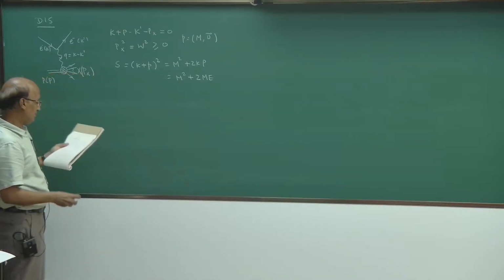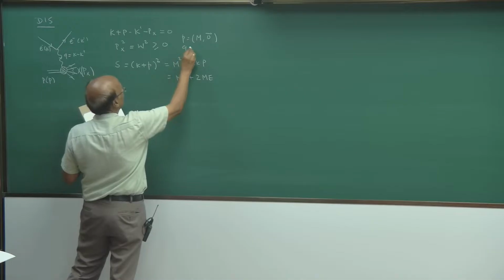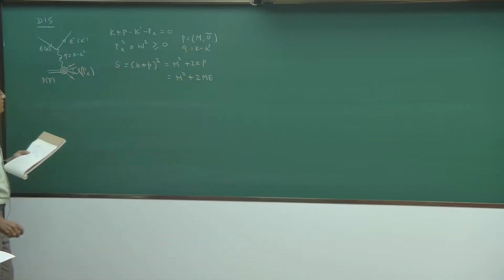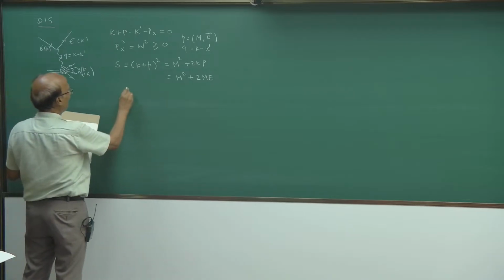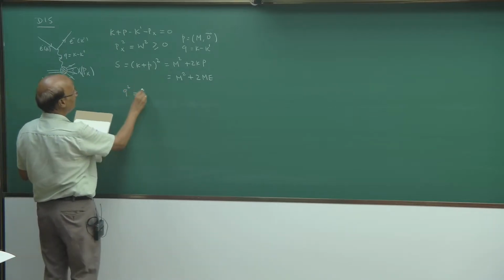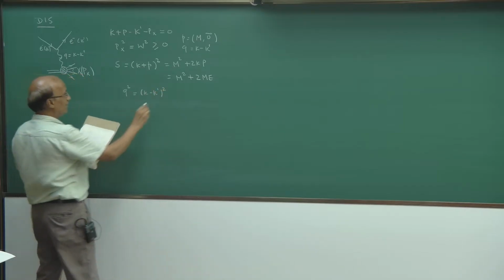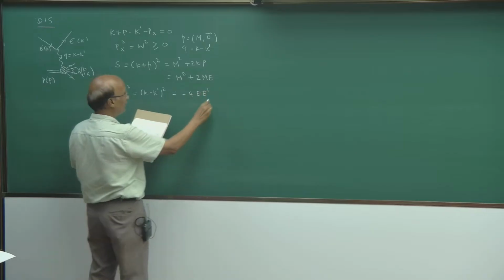It's as simple as this. Okay, and then the Q here is K minus K prime. The way I put it here in this. So this, and if you work out Q square, Q square is K minus K prime whole square. I am doing this kinematics because it's very important that we understand the kinematics of the process before we do